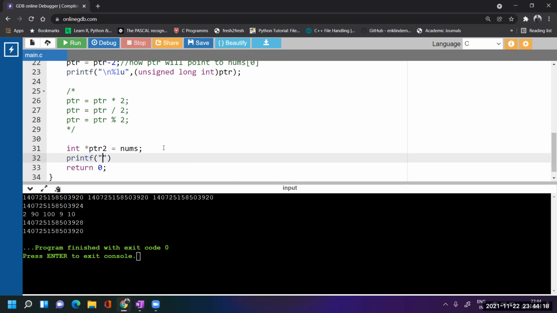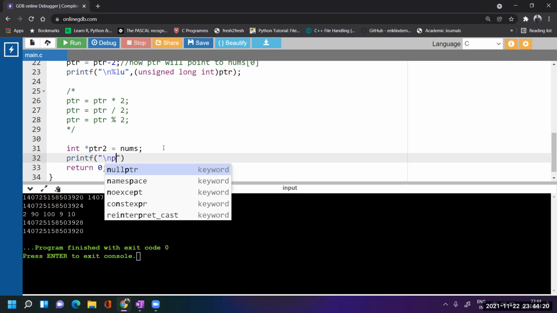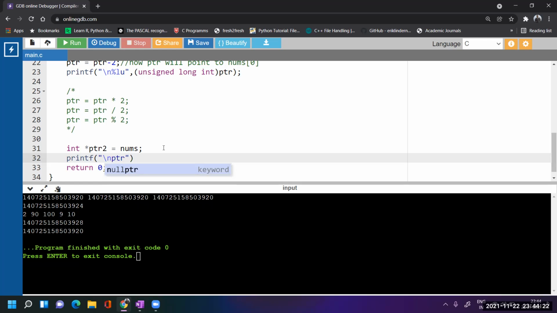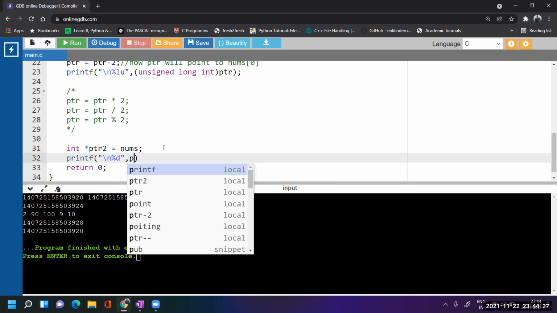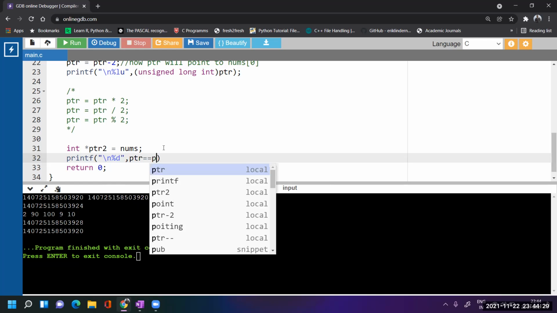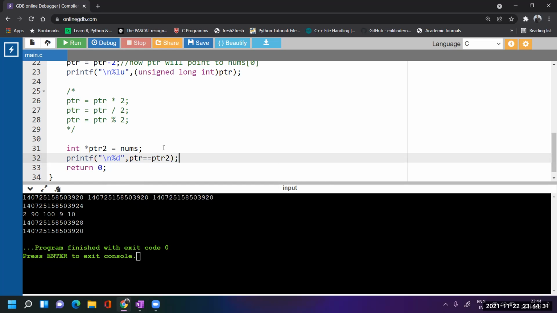Printf, let us use a \n. I'm now writing PTR equal to PTR2. Run this. See, it gives me one, which means true, correct?